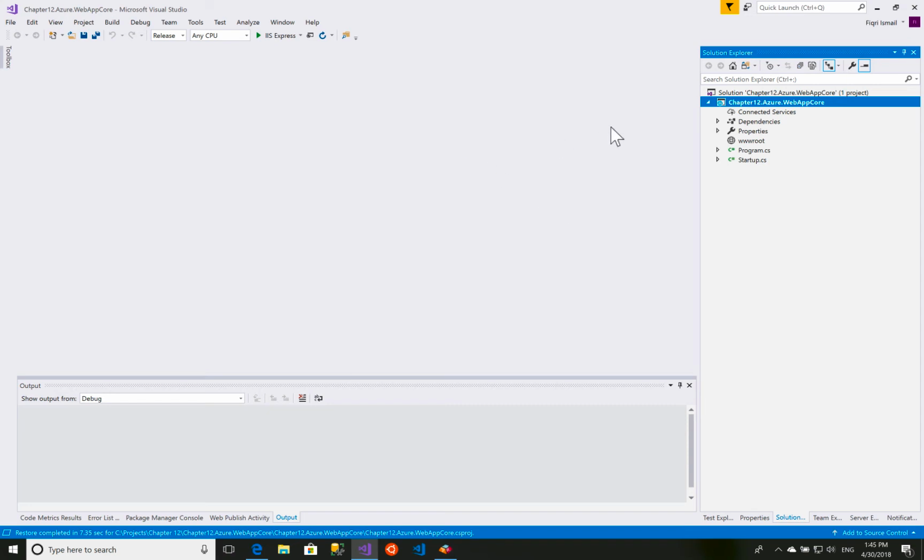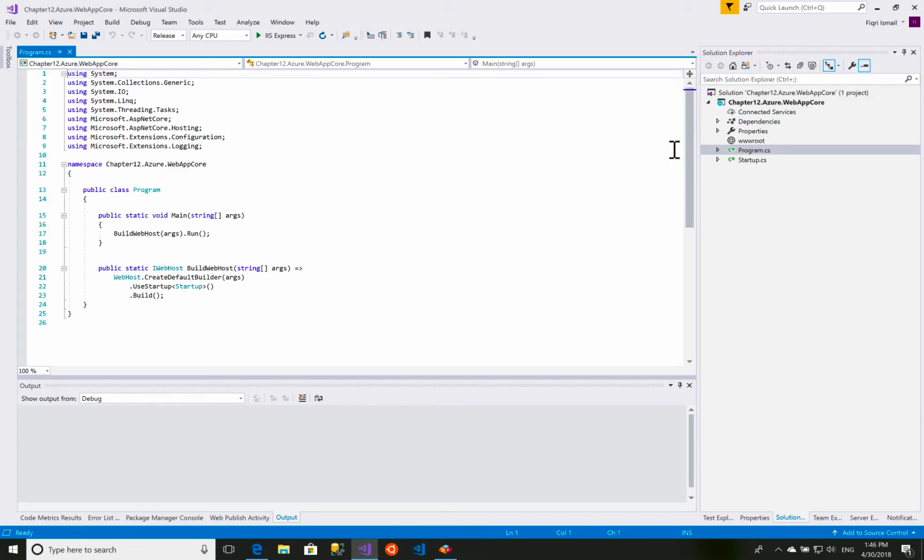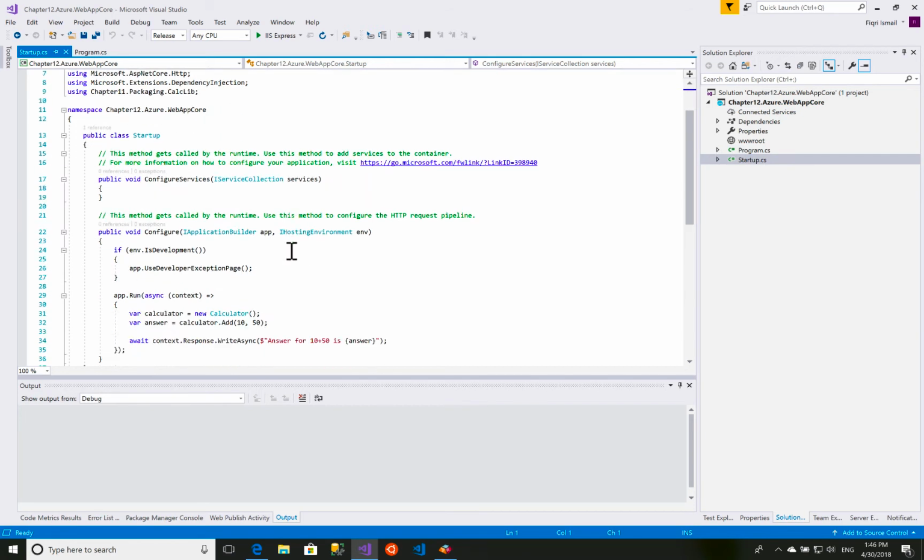Hi, this is an overview of Chapter 12, Recipes 2 and 3. It's a simple ASP.NET Core web application, a basic one, an empty project. You will see a program startup, and it has just a program. And then inside, if you look at the Startup.cs, you will see